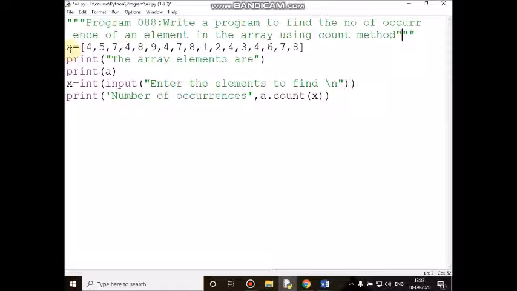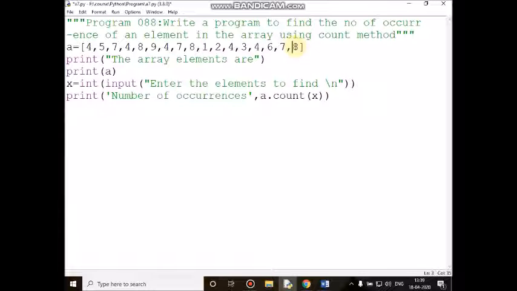In the next line I am going to create an array. A is the array name, A equal to, and in the creation itself I am going to assign the values. So, enclosed with square brackets, it is an integer array and each element is separated by commas. So A of 0th location is 4, first location 5, second location, third location, and so on up to A of 16th location. A of 16th location value is 8.